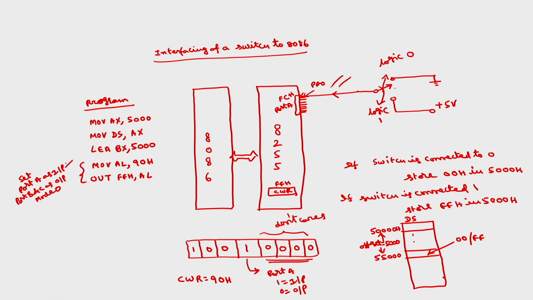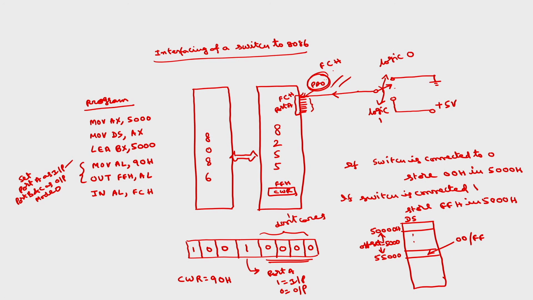Here we are interested in only port A. Then I have to read this. To read this, what is the instruction? IN AL, from which port is this switch connected? To port A whose address is FCH. So, FCH. Whatever the 8-bit data, the remaining 7 bits are don't cares, we are not using anything. Only the PA0 bit has the original information of this switch, whether it is logic 0 or logic 1 depends upon the switch position.